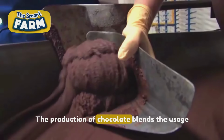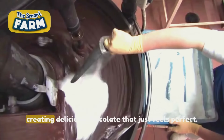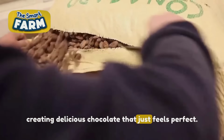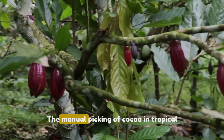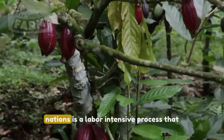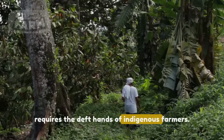The production of chocolate blends the usage of modern technology with old-fashioned skills, creating delicious chocolate that just feels perfect. The manual picking of cocoa in tropical nations is a labor-intensive process that requires the deft hands of indigenous farmers